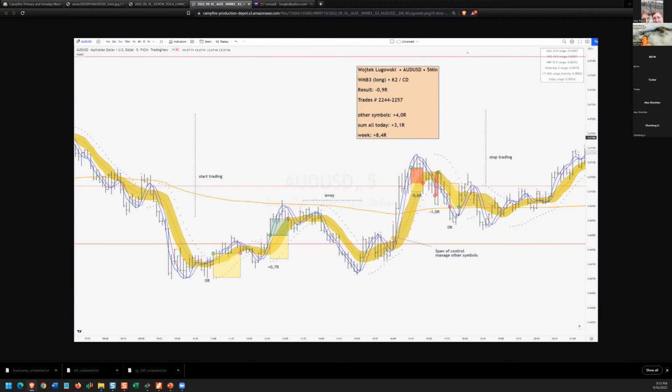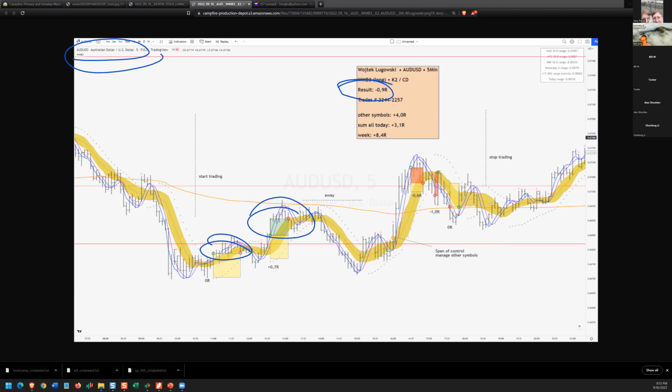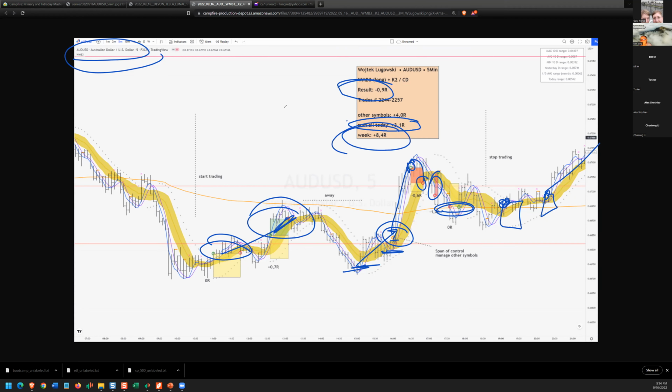And his last one is minus 0.1 on the Aussie dollar. Scratch, fractional gain. Missed this one. It was a span of control issue. He was already making plus 5 on the other one, so he doesn't get that one until he sees, I got to get it. And then quick loss, quick scratch. And he says enough, even though there was a PSAR flip and a COTA 2 here, both of which would have paid off still. Total for today, 3.1. Total for the week, 8.5.